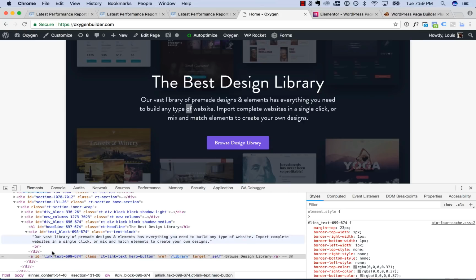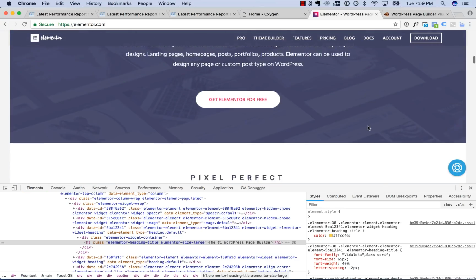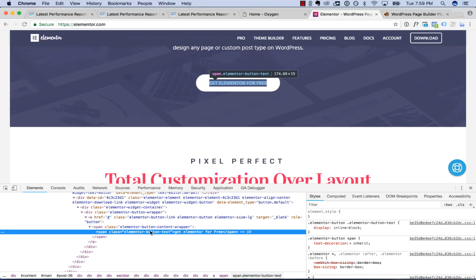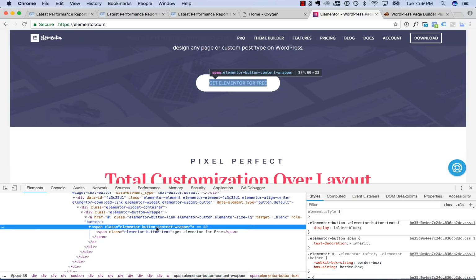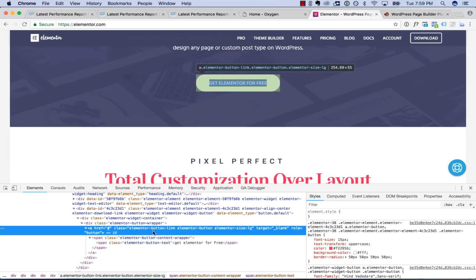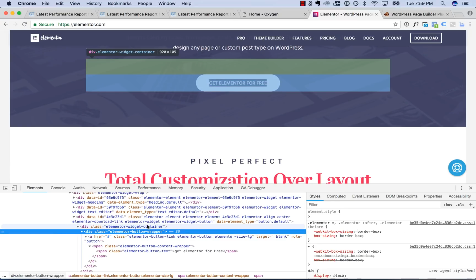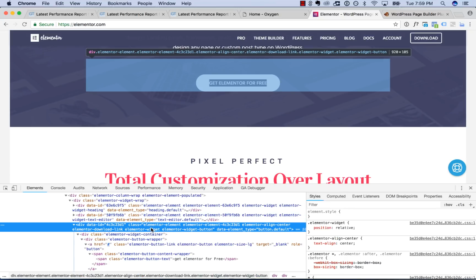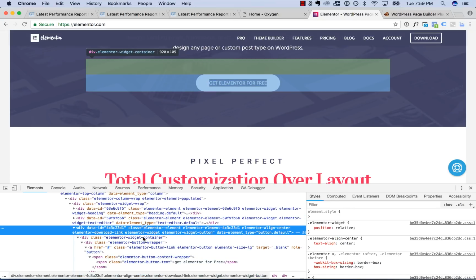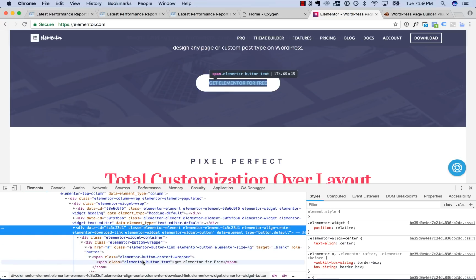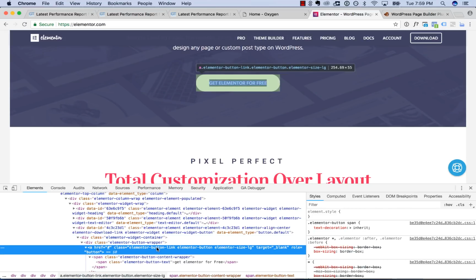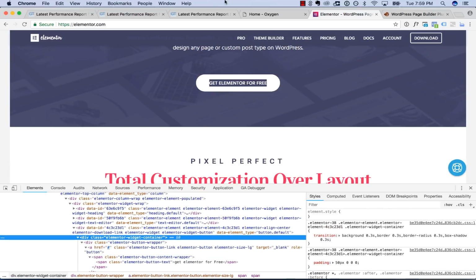Nice and simple. I mean, let's imagine we look at a button in Elementor, say, and we got the button text in a span, inside another span, inside a link, inside the button wrapper, inside the widget container, inside the element container. So let's go 1, 2, 3, 4, 5, 6 tags, 6 HTML tags. They all got different classes on them, and CSS, which they got in this weird file here,